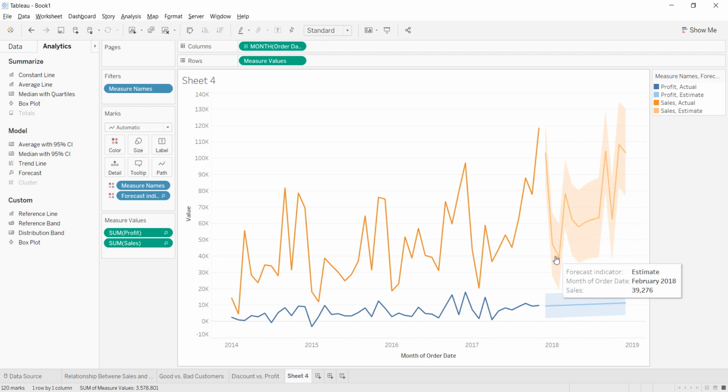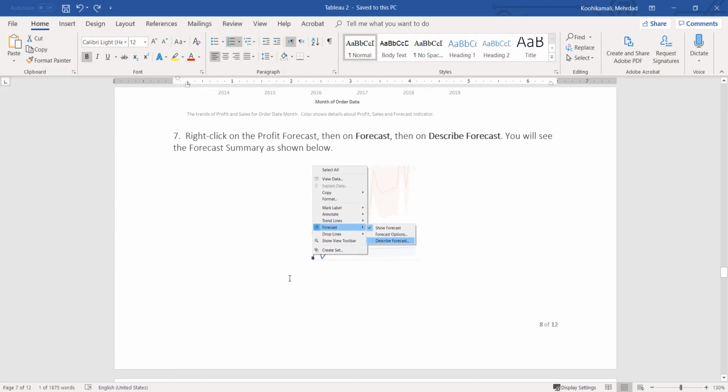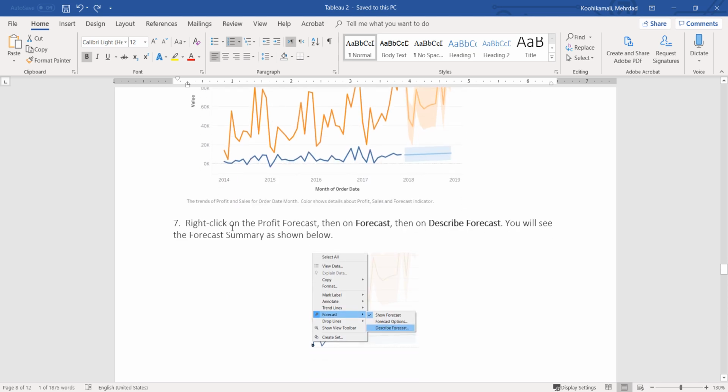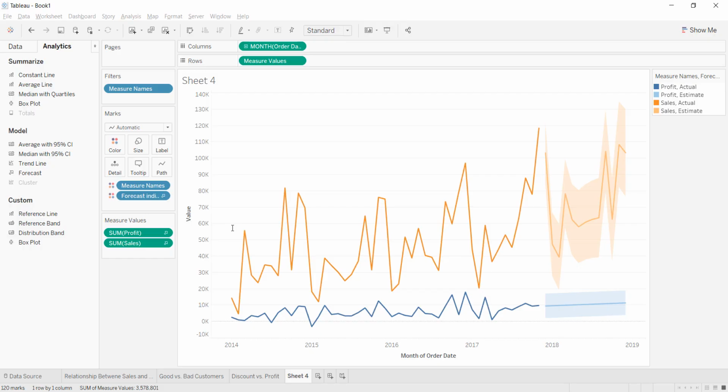And as you can see, specifically for the sales, the line is not linear. It actually follows a seasonality, and it's very important to know that that is because of the way that we have the data. All right. And based on that, of course, you can answer very important questions, but there is another thing that we need to basically